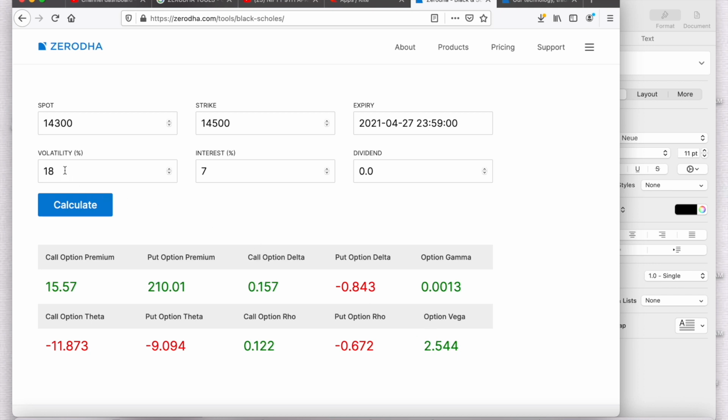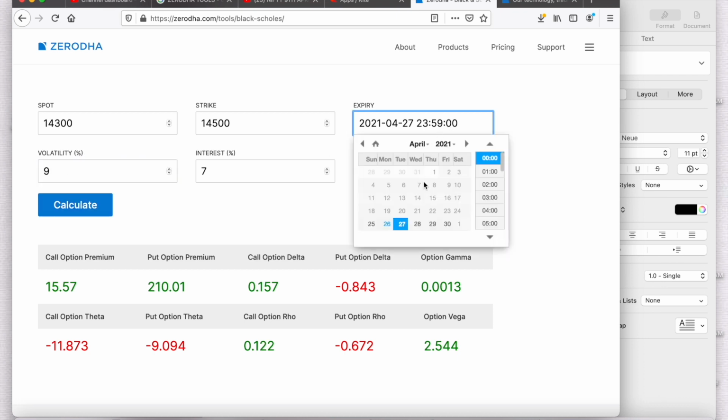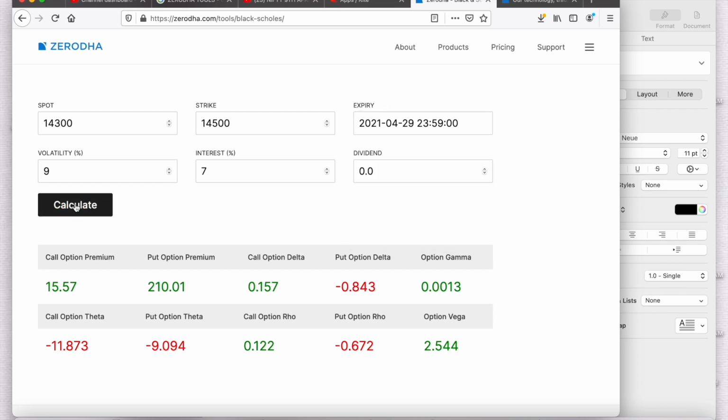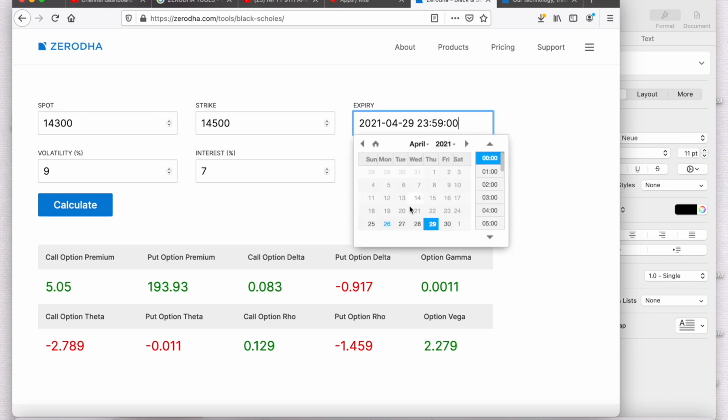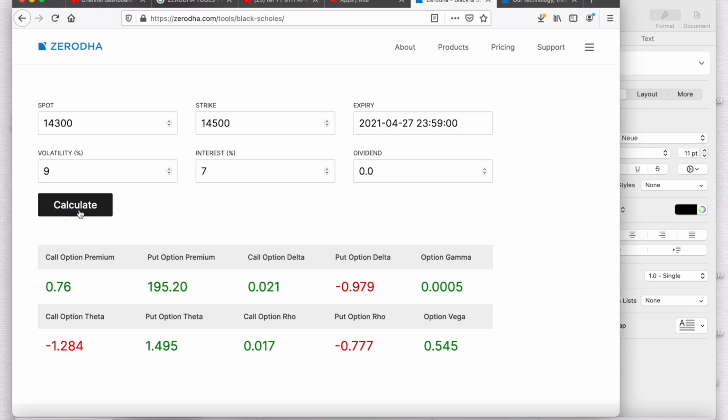Now when I am telling you why to buy options at a lower volatility, suppose you bought when the IV was around 9, you will see the change itself. First let me go to the previous expiry we took and see this. At a low volatility you would have paid a premium of only 5 rupees for this particular strike, if the IV was at this area. And you see, if I change the date to 27th, you will only lose 5 rupees. So you lose much lower values in case you buy options at a lower implied volatility.